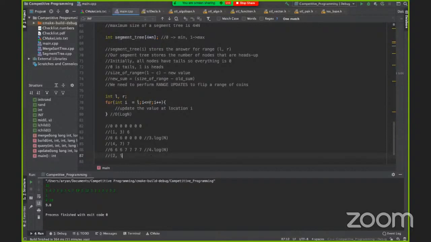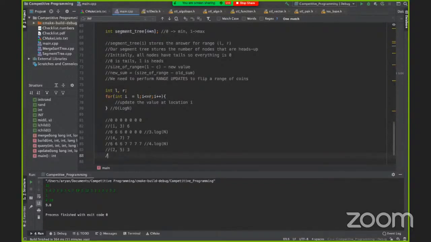So we add 3, giving 9, 9, and then we add 3 to get 10, 10, 10. Sorry, this remains 7. So this is our new array, and we had to update 4 values, so it took 4 dot log n.